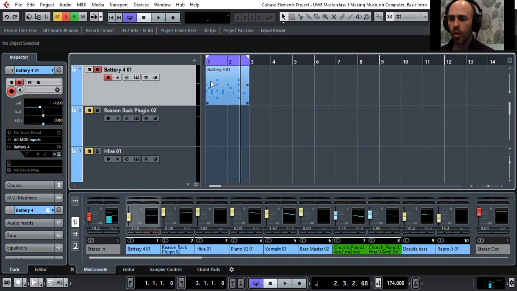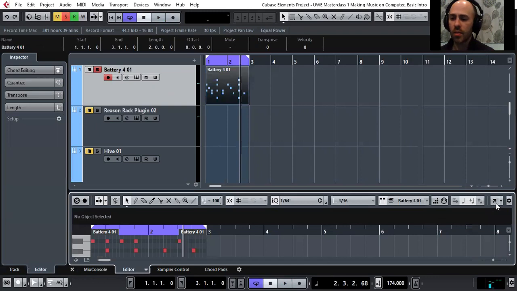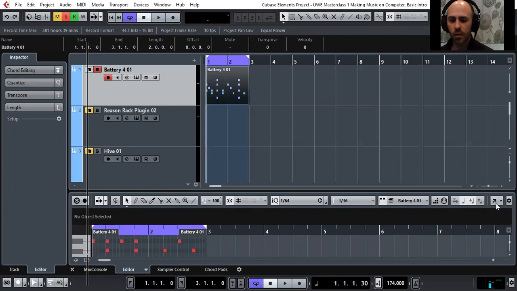So in order to put a pattern into the sequencer with a drum player like Battery, you've got two ways of doing it. I've pre-populated this one here. I've made this ready just to make it easier. You double click in this area like that, and you create this area where you can add in the beats. So on the left hand side, if you click on the piano roll,